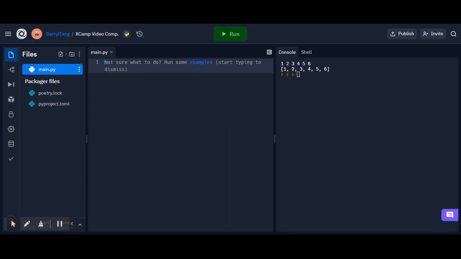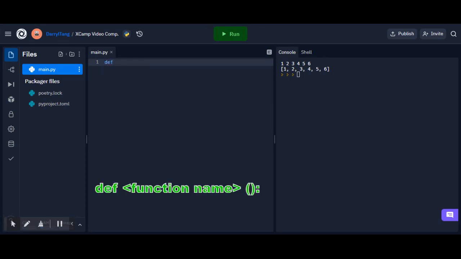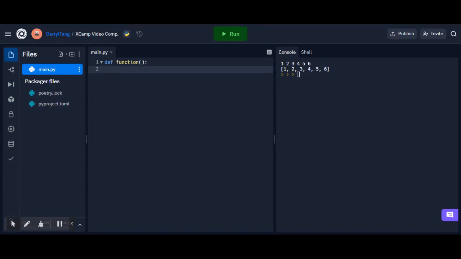So first off, how do you make a function? Well, the syntax in Python for making a function is define, and then I'll just do function, and then colon. So now you can have anything you want in your code. So like for example, print